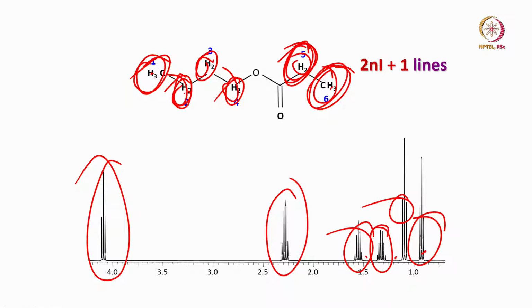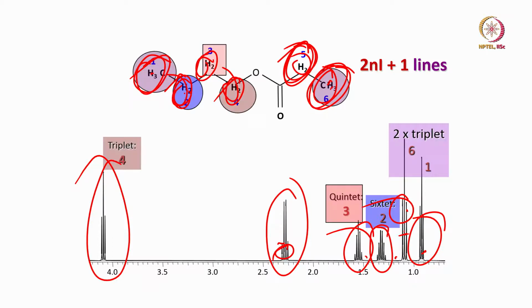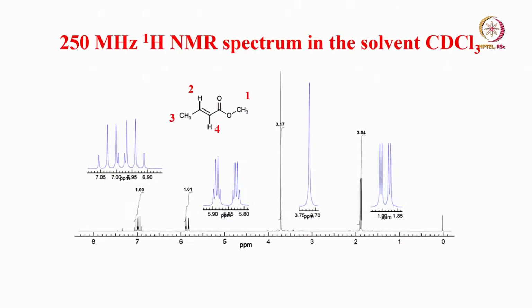Very easily you can make the analysis. Now the question is which triplet is which, whether this or this. What you have to see is the separation here, the coupling. Which one matches with this one, whether this or this. You can identify because this quartet is coming because of this. Then you know this coupling has to match. It should be identical. From that you can identify whether this CH3 is this one or this one. So very easily you can do that. So this is how analysis can be done.